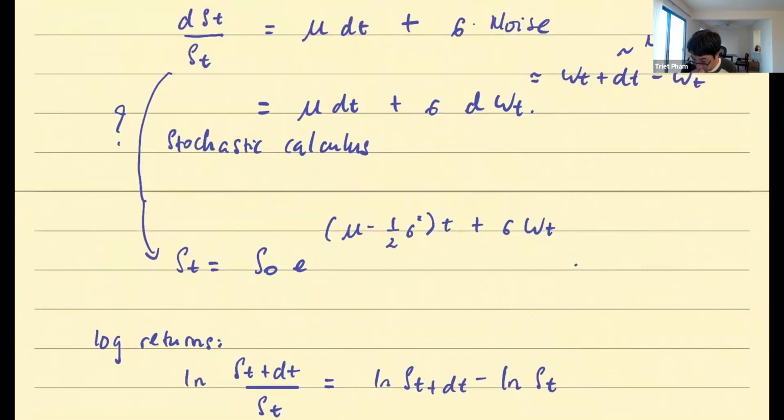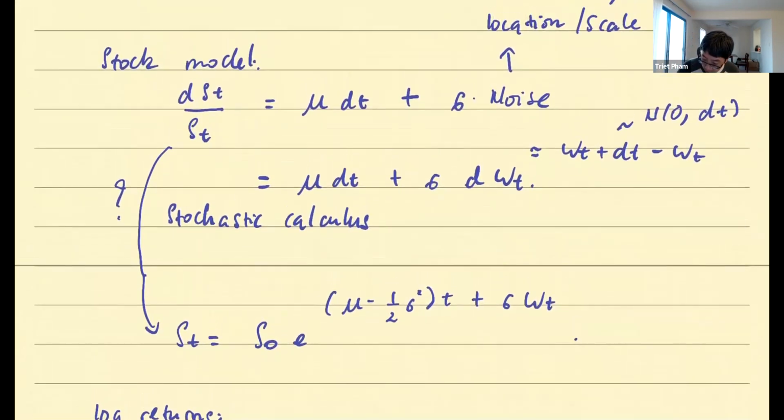Oh, by the way, sorry, one thing I want to say here as well. The implication here is that obviously the percentage return is a random variable. What kind of random variable? Also do understand this message that the percentage return here will be a normal random variable with mean mu dt. Oh, sorry, that's the average return. The return rate is mu, but this is the average return. And the variance is sigma squared times dt. Is that okay? So this also has that message.